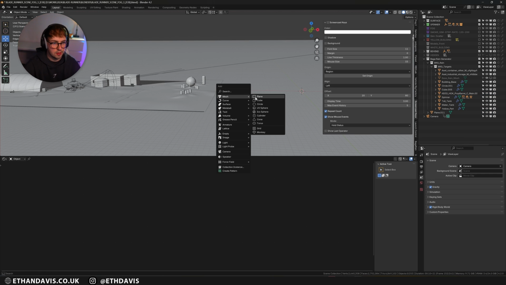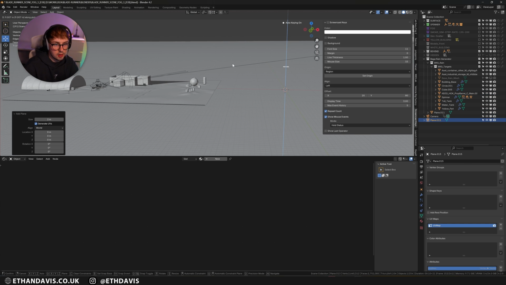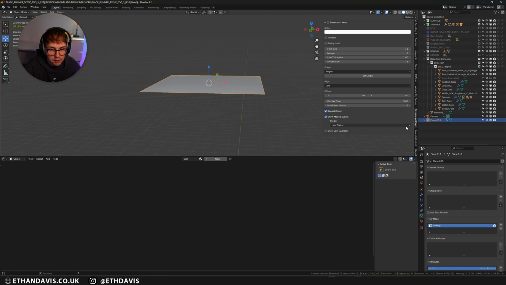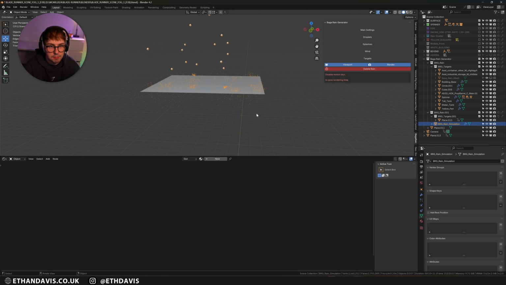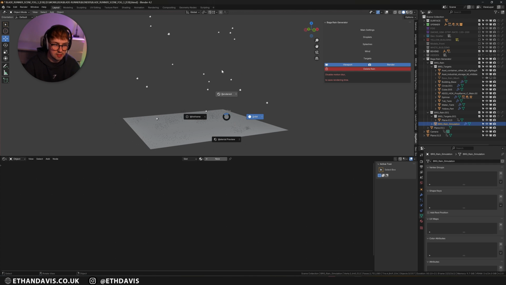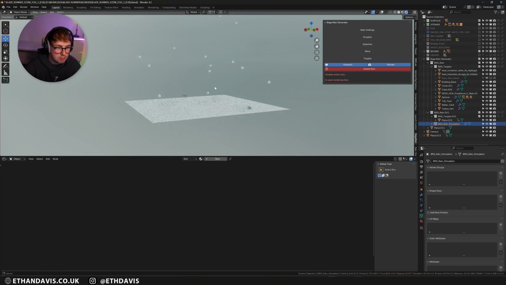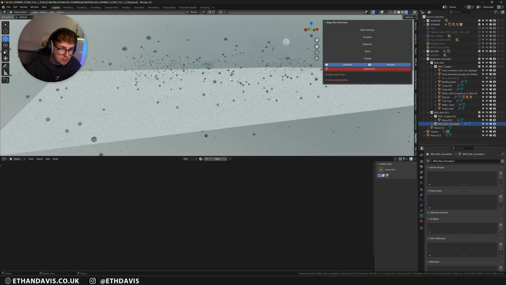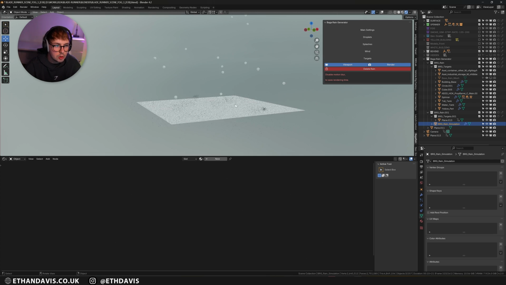So the way this works is you get an object which you want to put rain onto, you go to Barga Rain, and then you essentially hit add rain. And then from there it will add droplets and it will add splashes, right? And it's all just quite simple, to be honest. It's just like this, but the way that it looks in render isn't really that good.